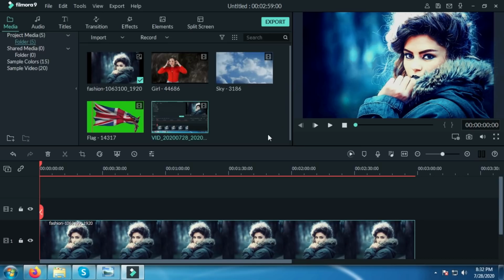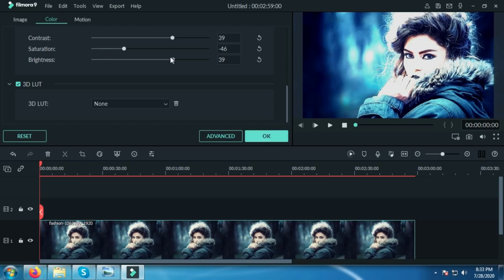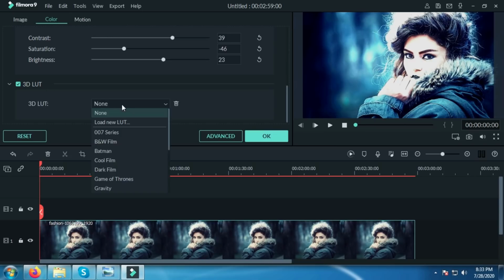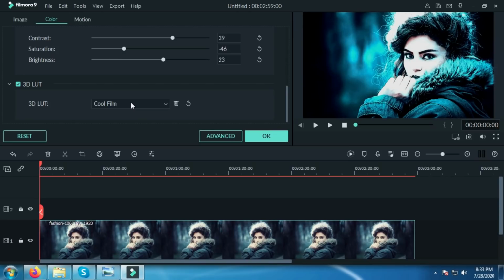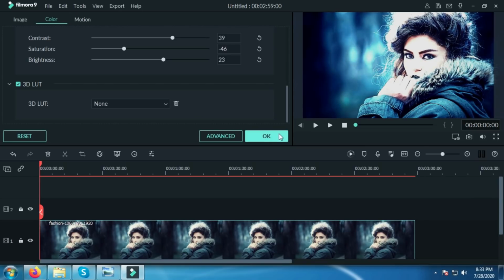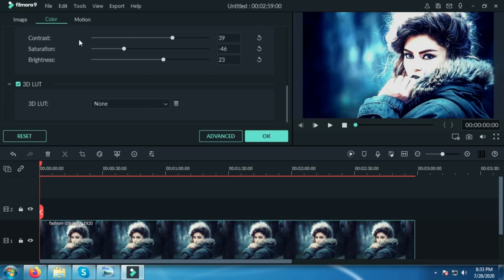Next we are going to see about colors. You can adjust the contrast here, saturation, brightness. So we have color enhancement tool. We can adjust the threshold and increase or decrease the threshold level. See, this one is 3D layout. You can select based on your requirement. So using the side arrows, you can set the default value. If anything goes wrong, you can select this.